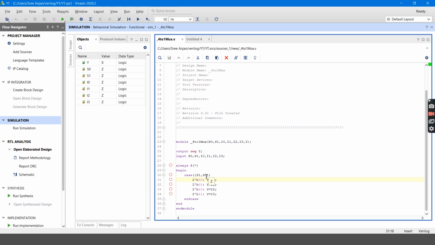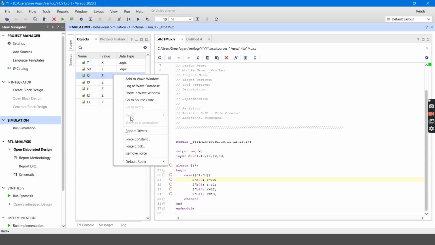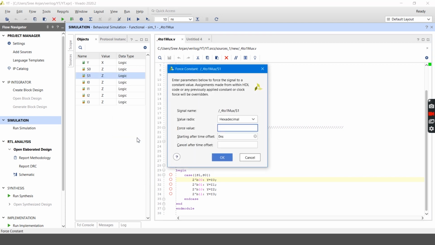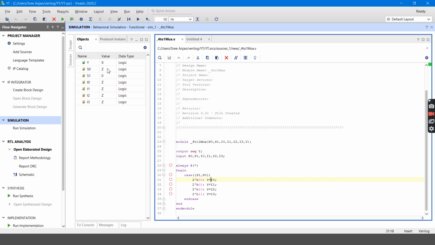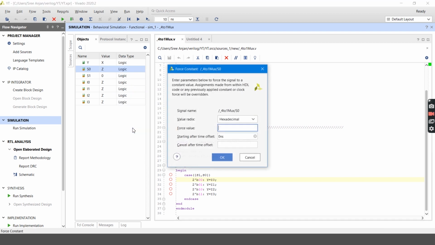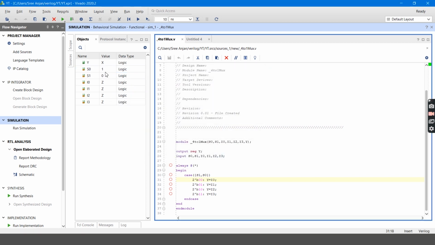S1 S0 is my 2-bit number, so I will be giving 0 1 as my selection input, so that I will be getting I1 as my output.